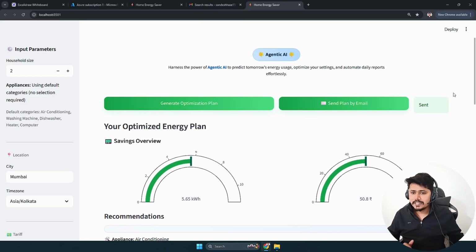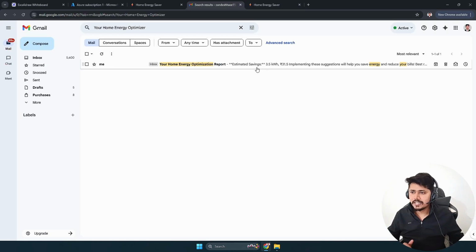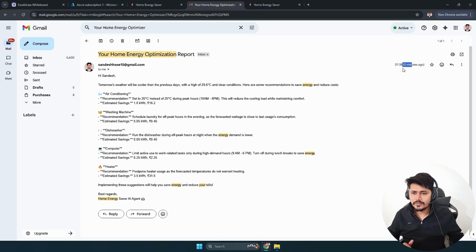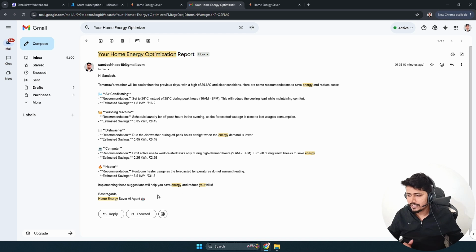So let me go ahead and see if it has sent the email. Let me refresh it. Okay, you can see I have received this email 0 minutes ago, and this is the weather forecast information that it has given. That's how I can go ahead and save the energy, and you can see best regards from Home Energy Saver